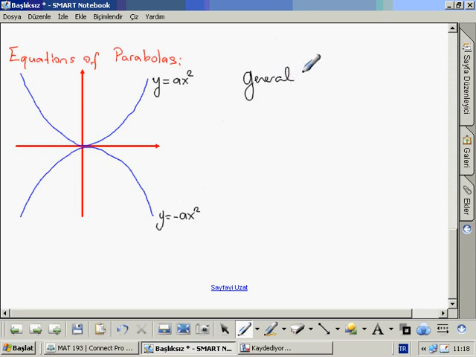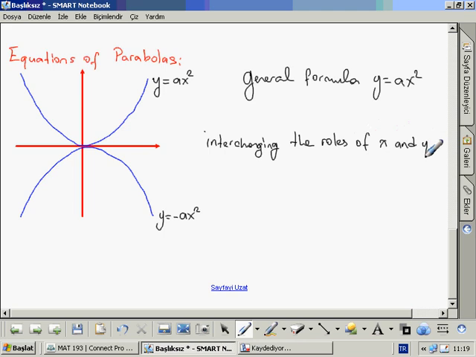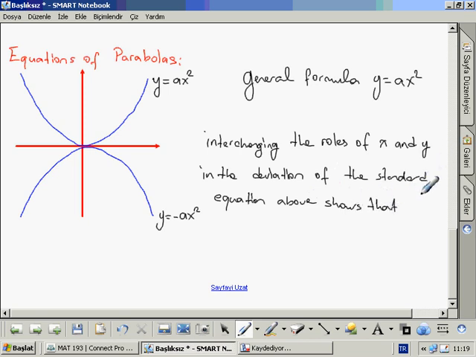The general formula is y equals ax squared, and interchanging the roles of x and y in the derivation of the standard equation shows that the equation,